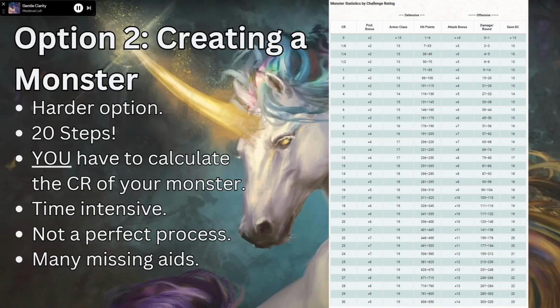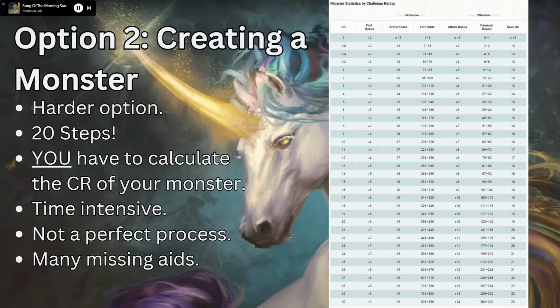It's not a perfect process because we do not have the way that every single trait in Dungeons and Dragons affects challenge rating. There is a list in the Dungeon Master's Guide in 2014 that helps us do that. But if you create an entirely homebrew trait that does something that is not accounted for here, that could affect your challenge rating without you really knowing it. So it's not a perfect process. There are some missing steps to it, but the 20 steps that it does provide us does work in a